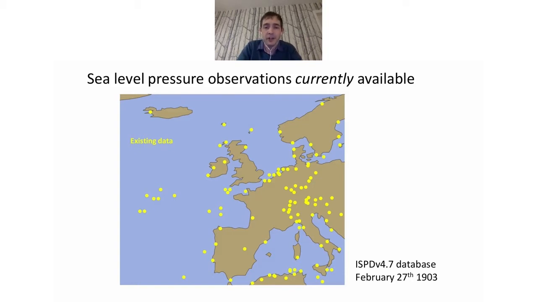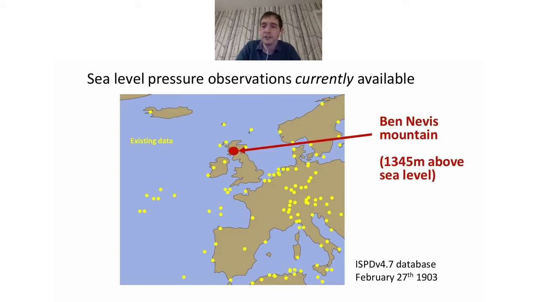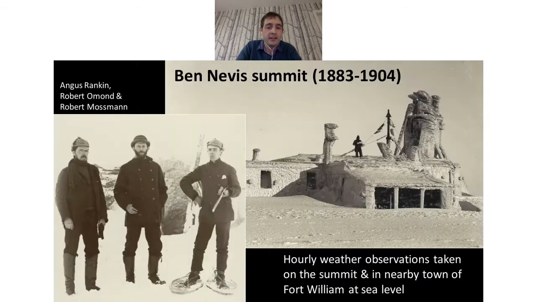And we're going to start our search at a rather unusual location. We're going to start it at the top of a mountain. We're going to start it at the top of Ben Nevis, which is the highest point in the UK, at 1,345 meters above sea level. And you may wonder why we're starting at the top of the mountain. And the answer is because at this time, there was actually a weather observatory at Ben Nevis, at the summit